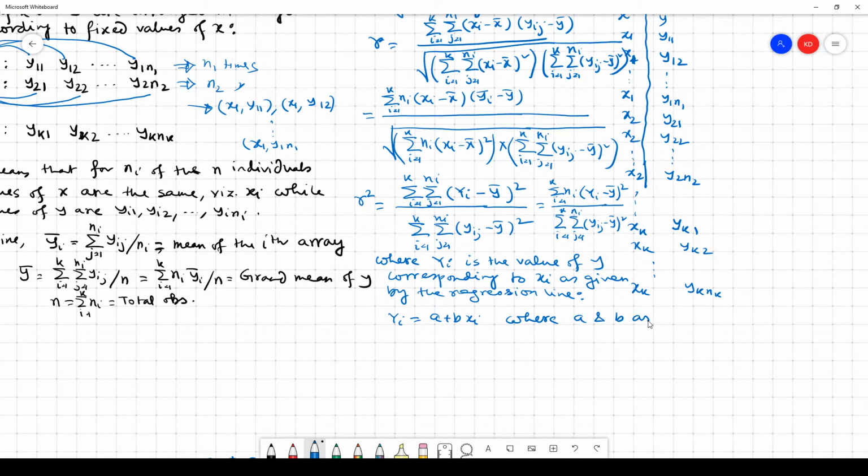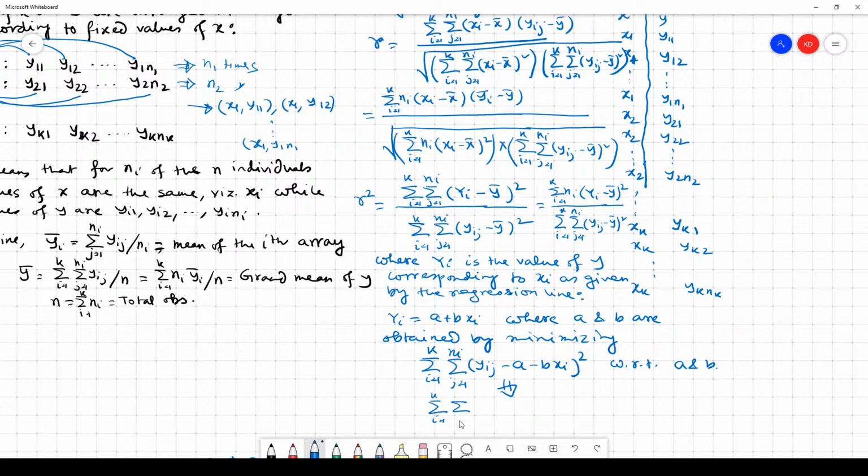where a and b are obtained by minimizing, this is the least square technique, sum over i from 1 to k, sum over j from 1 to ni of (yij minus a minus b xi) whole square with respect to a and b. Then the normal equations are